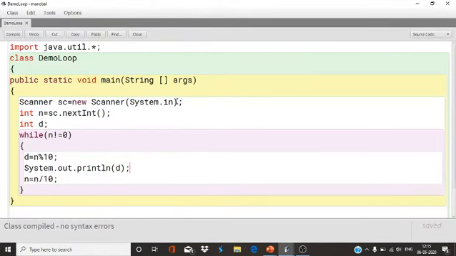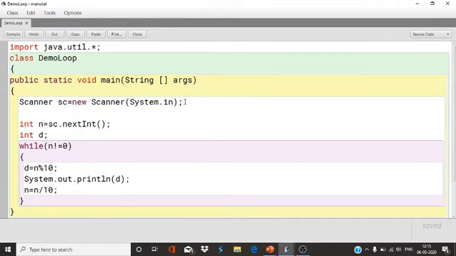Before accepting the number I can type a message for the user, System.out.println, enter a number. Okay, so like that you can do it, no issues.